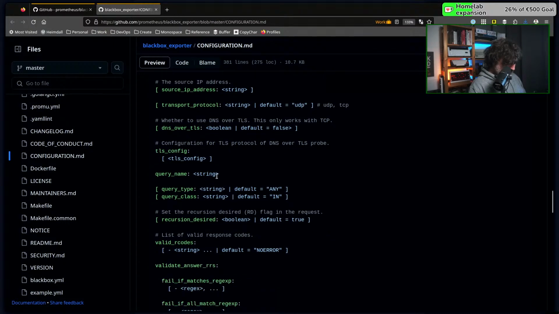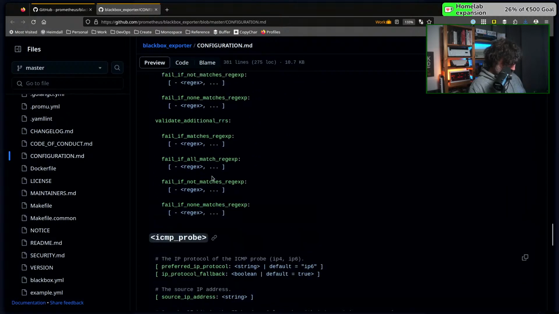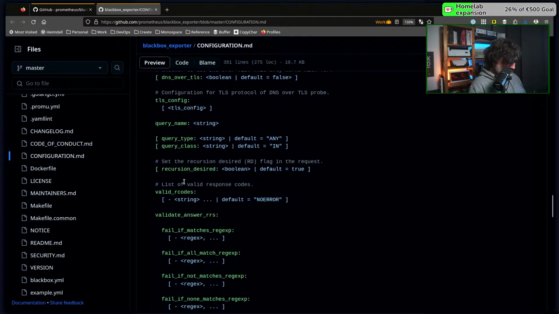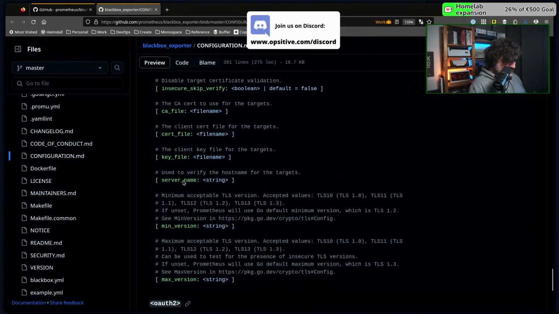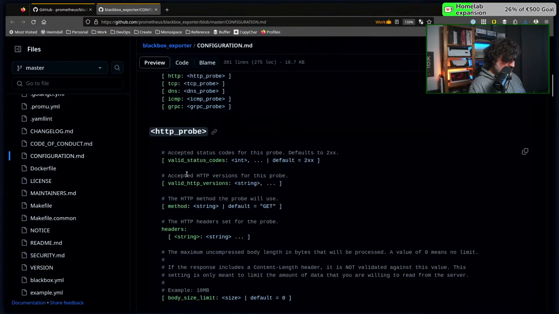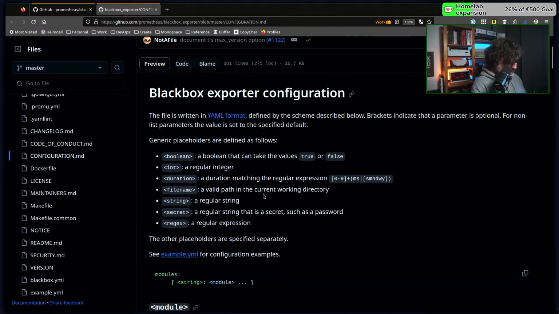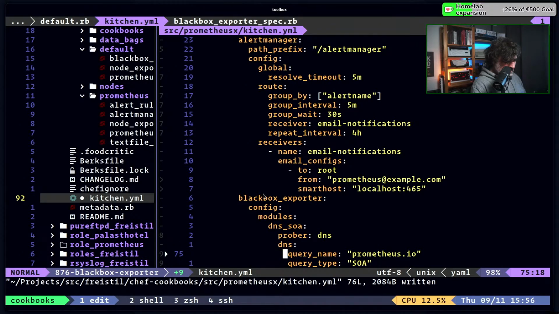And there we have a query name, and lots of stuff that is probably not... Yeah, a query name and a query type is what we have defined, okay. So what we have seems to be okay for a static predefined probe. I just have no idea why it doesn't actually do that. So let's take another look